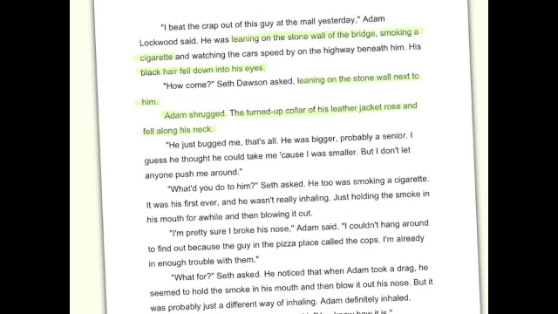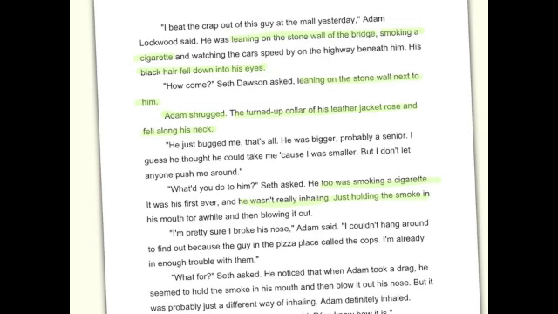Let's jump down to this line, right down here. "What did you do to him?" So here again, Seth is smoking a cigarette, and the author is letting us know that this is the first time that Seth has ever smoked, and he wasn't really inhaling, just holding smoke in his mouth for a while and then blowing it out. So the author is giving us information about the characters, helping us to visualize them, all the while having this running conversation going between them.